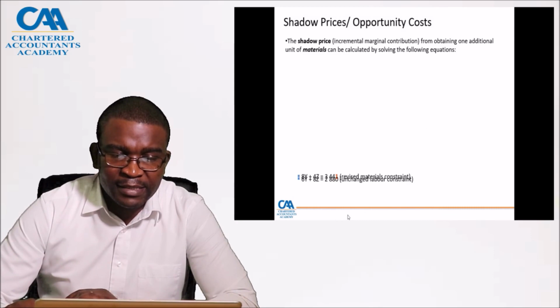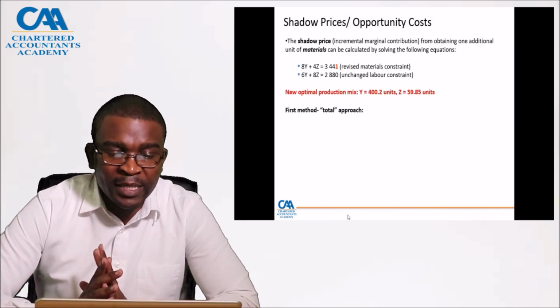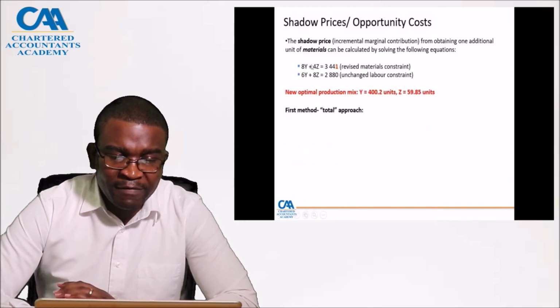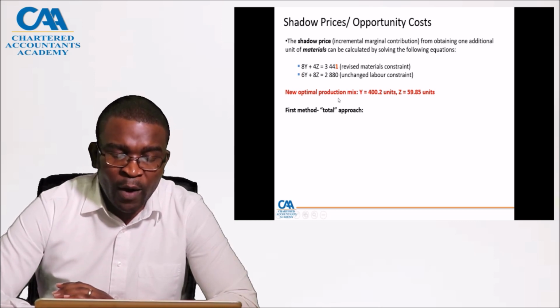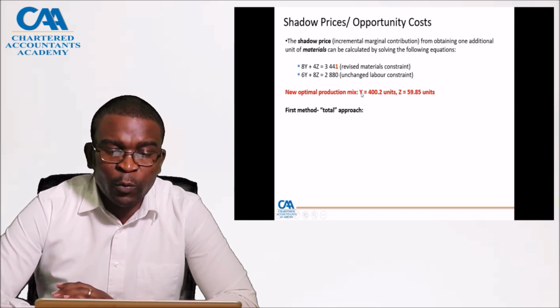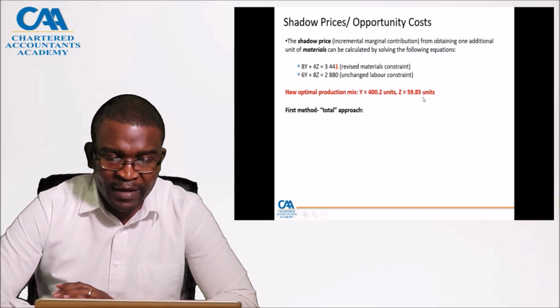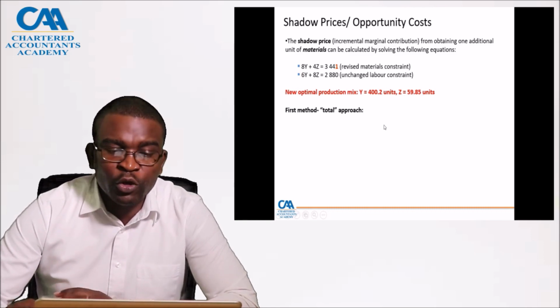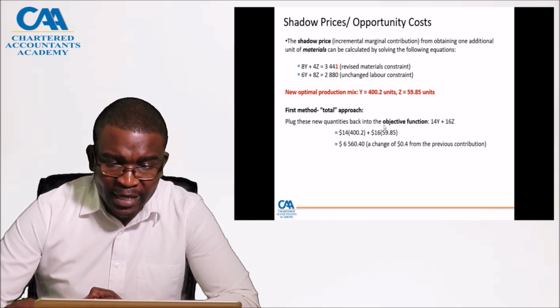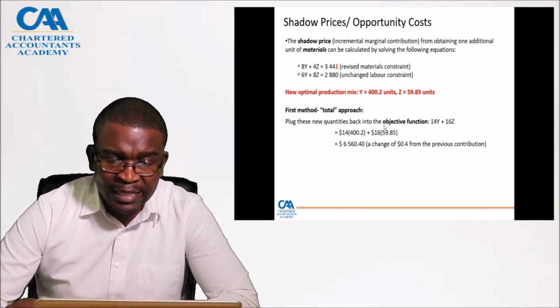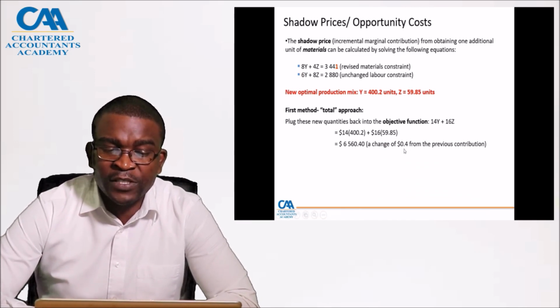And in that process, how much more should we be able to pay for the labor? Now, when you look at shadow prices, let's say we're talking about materials. This is the function for materials, and we say if we're going to get 1 additional unit of material, it becomes 3441. Then you solve this equation based on 3441. When you've solved this, you would find that Y can be increased to 400.2 and Z would need to come down to 59.58. So that becomes the new optimal production mix if we get 1 additional unit of material. Then you can calculate how much contribution that would give us. So there's a change in this case of 0.4